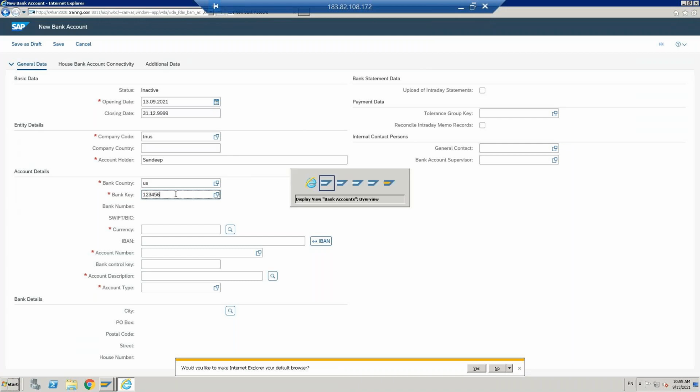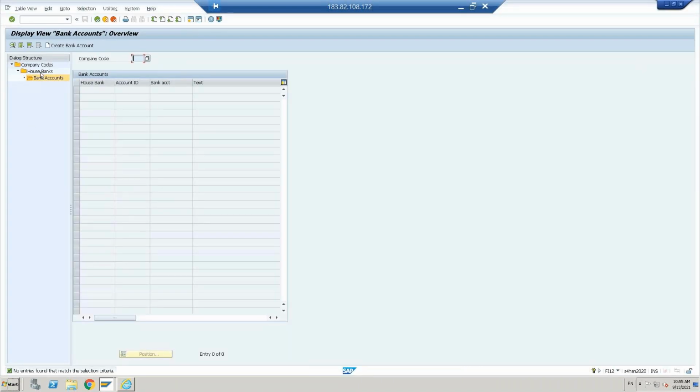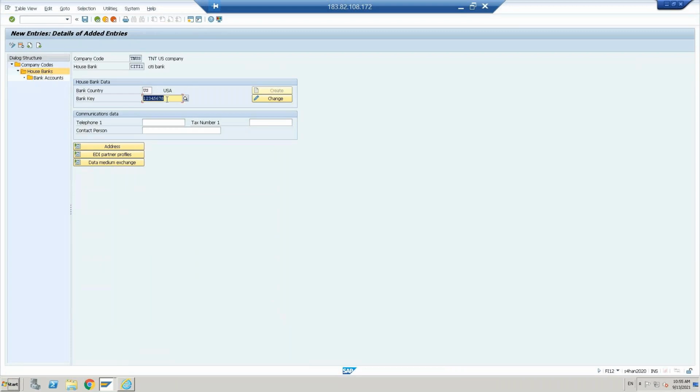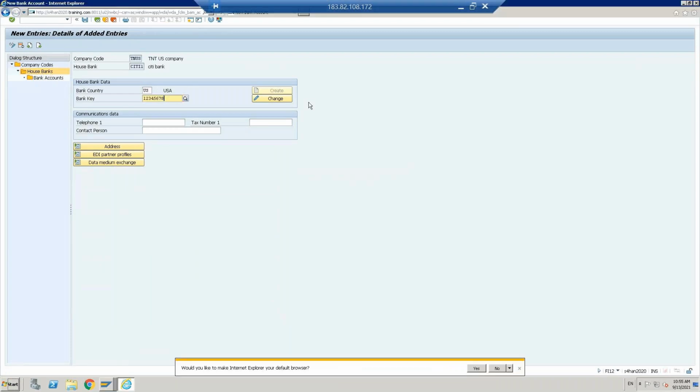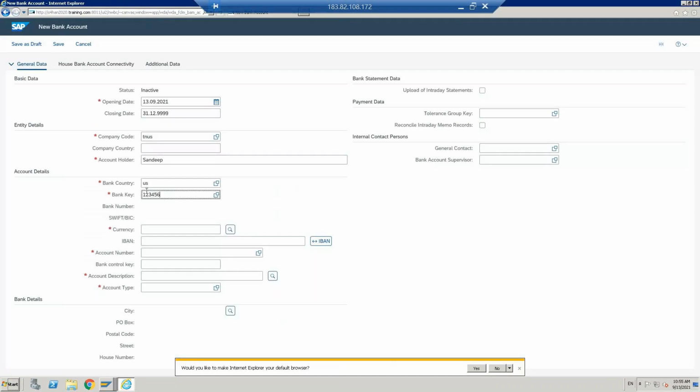It is a bank account for a specific person. I'll maintain bank key, bank country, currency USD,